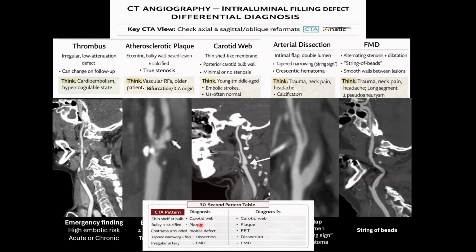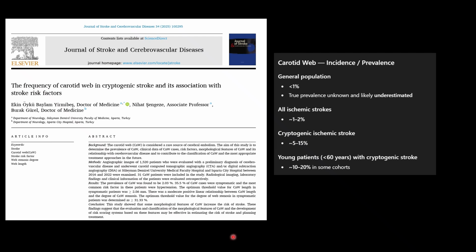Bulky calcified plaques are what we routinely see, which is a plaque. Tapered narrowing with a flap is dissection. An irregular artery with a beaded appearance is going to be fibromuscular dysplasia. Coming to what exactly is the incidence of carotid web, it is normally seen in less than 1% of